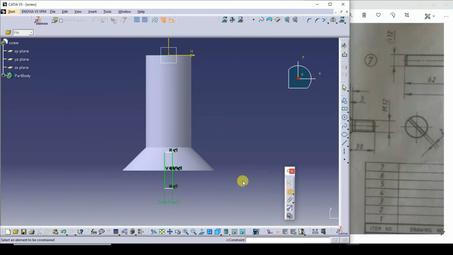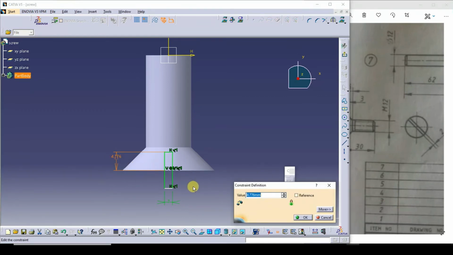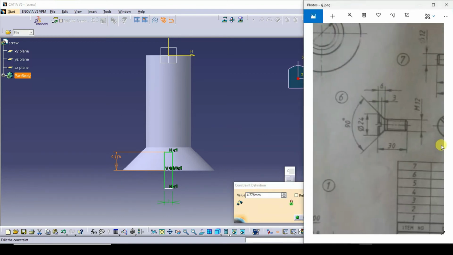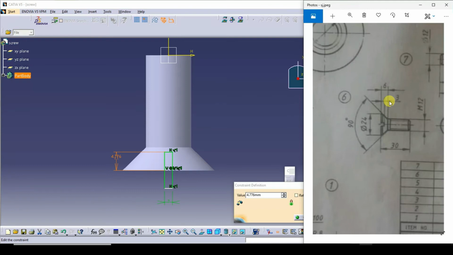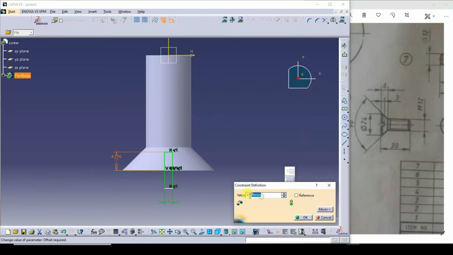Next one is from here to here it is 3 mm. So enter 3 mm here.